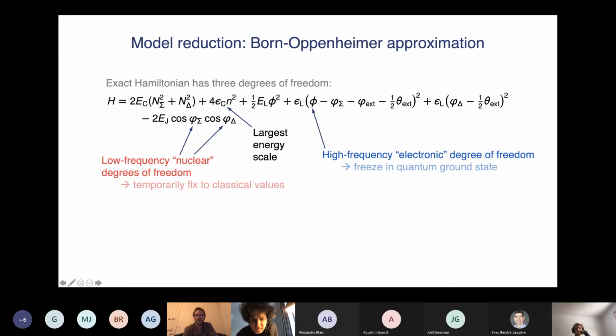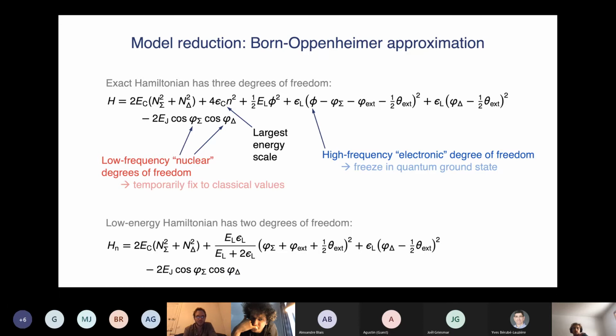So in this situation where we have 3 modes and the frequencies of the modes are roughly stratified, which is to say that we have 1 higher frequency mode phi and then 2 lower frequency modes phi sigma and phi delta, it's appropriate to use this sort of Born-Oppenheimer approximation, where the procedure is to first fix the 2 lower frequency, or nuclear, degrees of freedom at their classical values and treat them as parameters in the Hamiltonian for the remaining high frequency, or electronic, degree of freedom. So in this case, this is very simple. The electronic degree of freedom becomes a harmonic oscillator whose equilibrium position is set by phi sigma. And then the idea is just to freeze the electronic degree of freedom in its ground state, which depends generally on the other parameters, the nuclear parameters, and then to restore those nuclear degrees of freedom to their full quantum